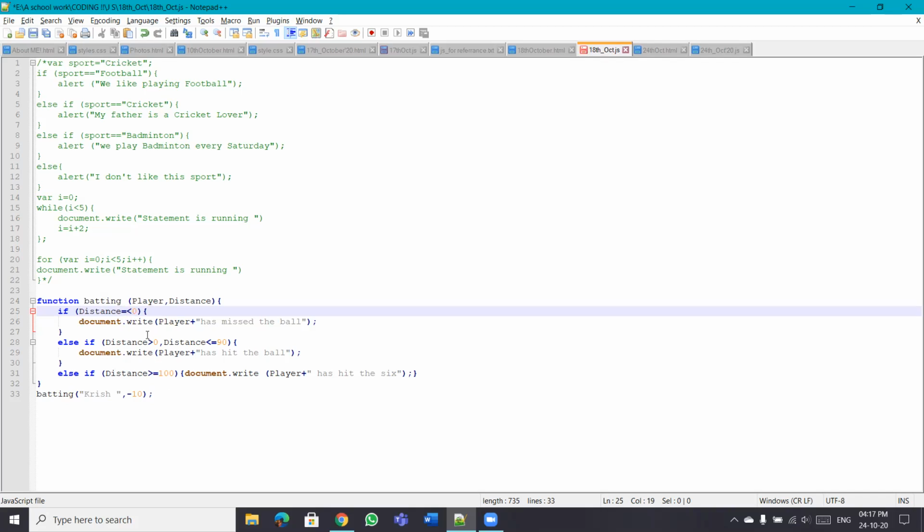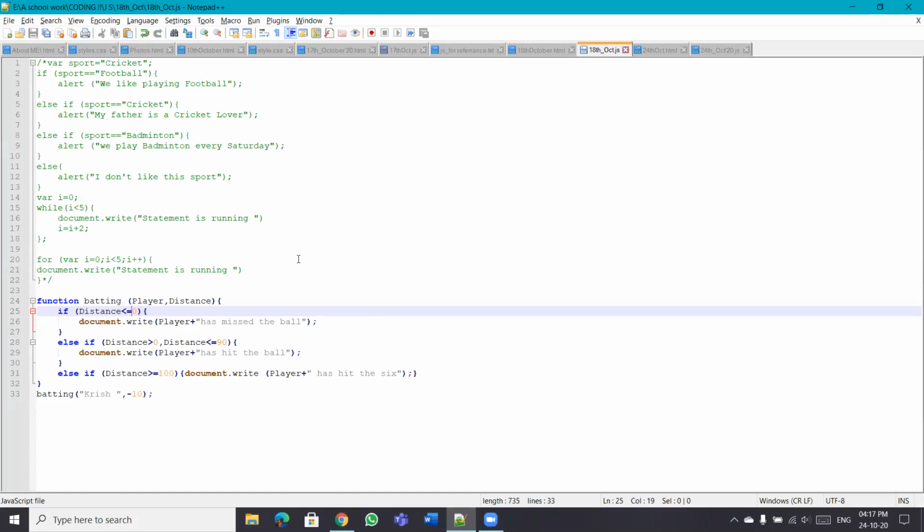Put less than sign and then put equal to sign. All right, that's good. When you are testing it, test for all the possible values.